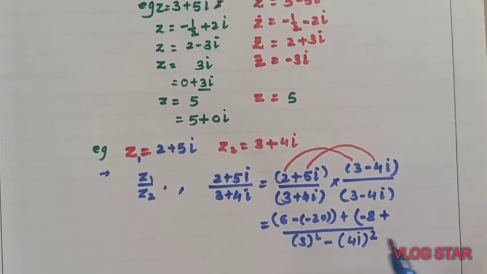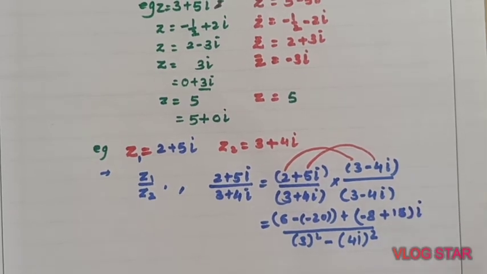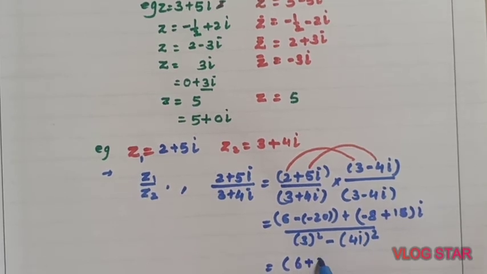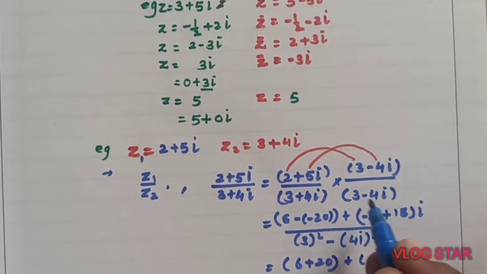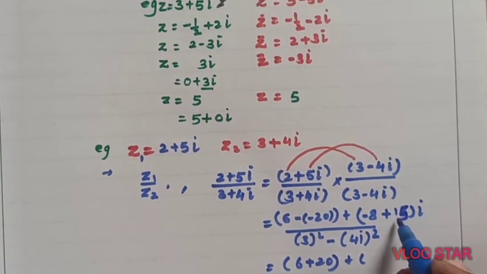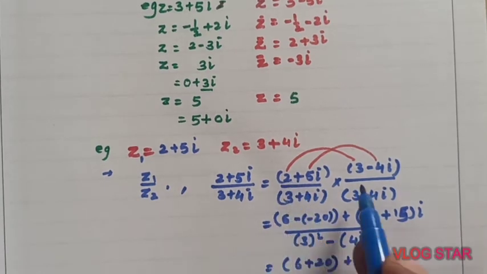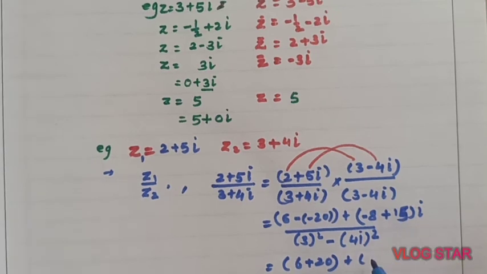By rule addition, 5 3s are 15i. So simplify this. 6 plus 20, and here 15 minus 8, how much? 7